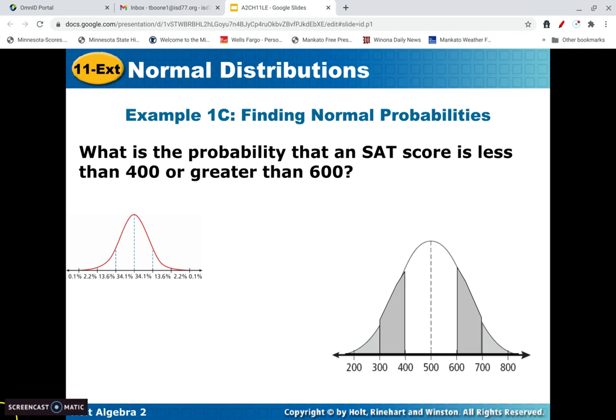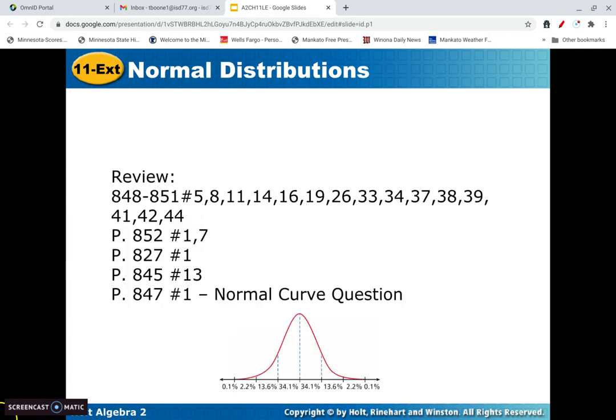Let's do between 400 and 600. Sorry about that, we missed that one. As we draw out that same curve, once again we add those percentages. We know that 100% should be underneath the curve. We're missing the category where we're within 1 standard deviation. We knew that was about 68%, so we say it's about 32%. If you add up the actual percentages in there, maybe 32.2, but about 32% is what you would see there. All right, so there we go. So that is, once again,